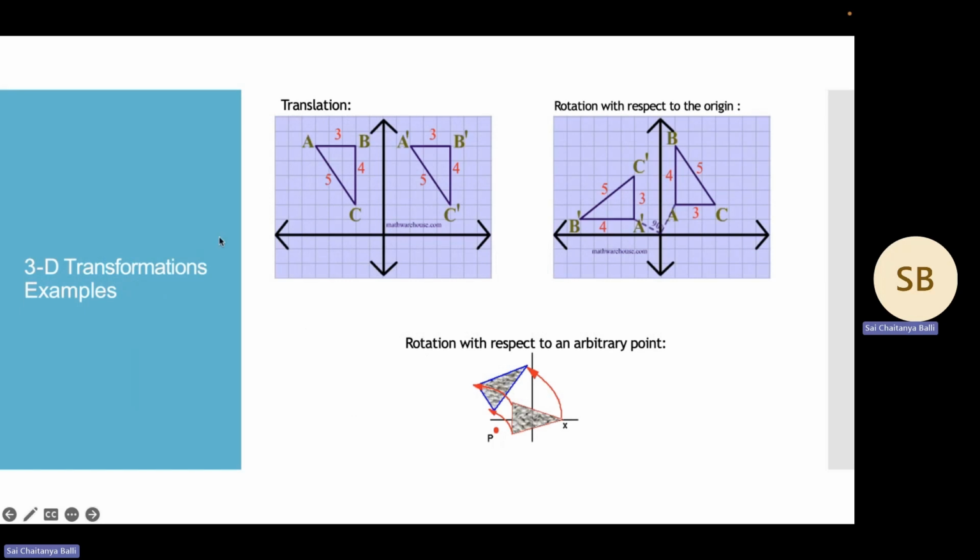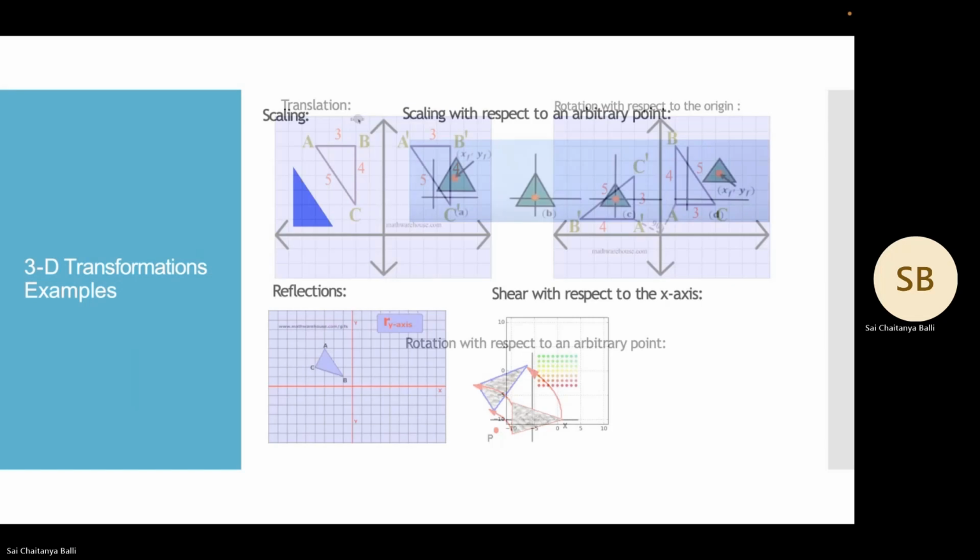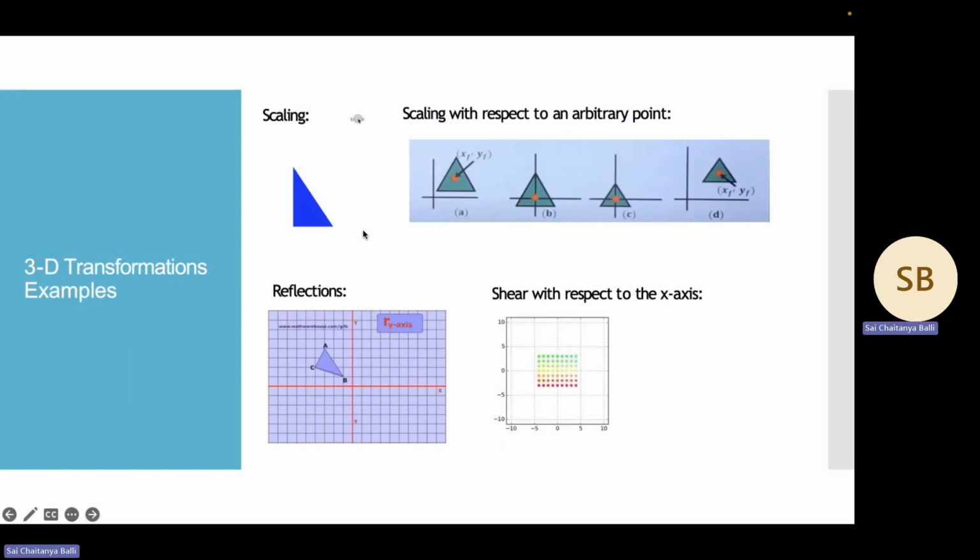So let us look at some 3D transformation examples. Over here, this is a 3D translation example, how we are translating a three-dimensional object. And same goes with the rotation with respect to the origin. Over here, same with respect to an arbitrary point, rotation with respect to an arbitrary point. Again, one more scaling. First we have an object, then this is the P, then we bring that point to the origin, then we scale, then we